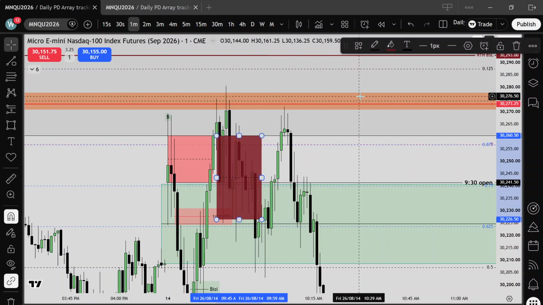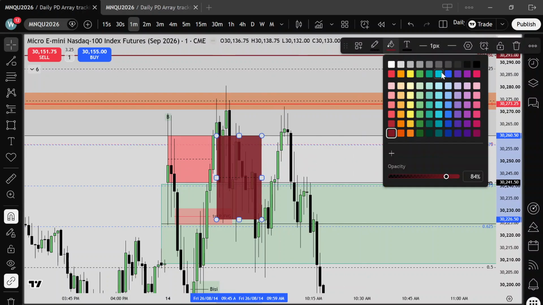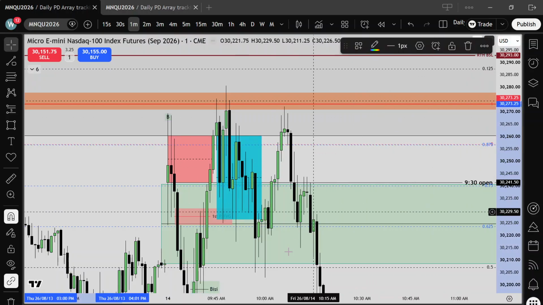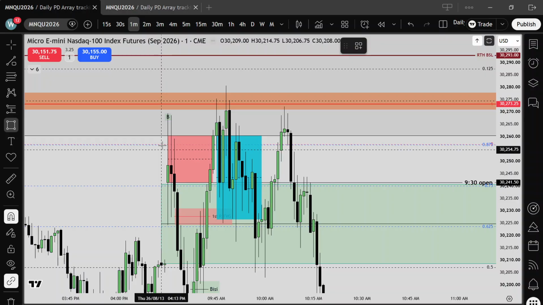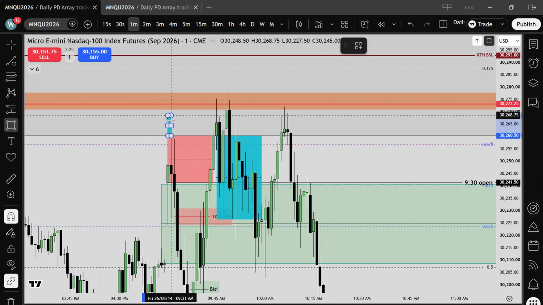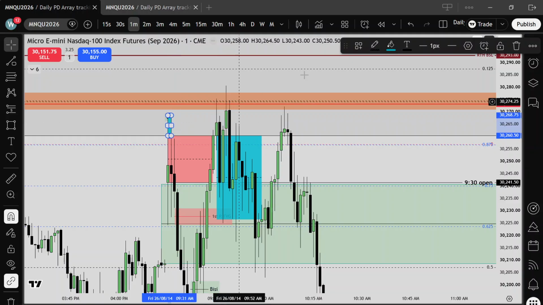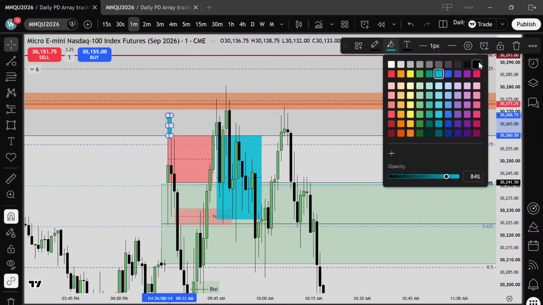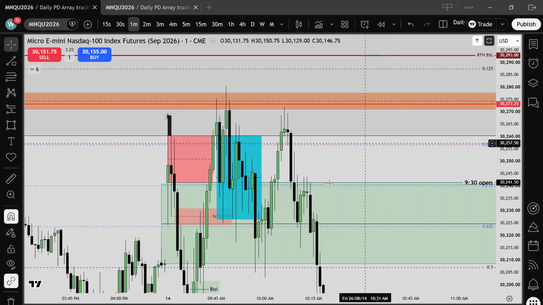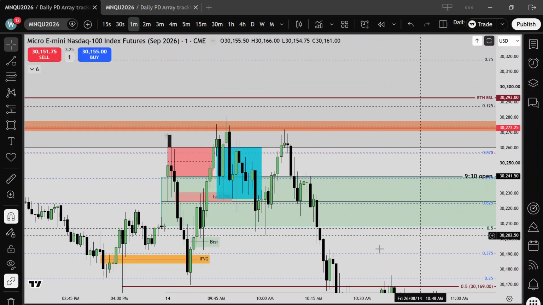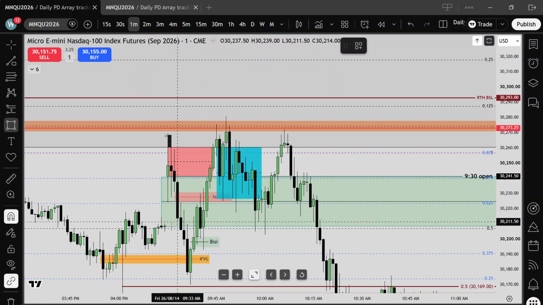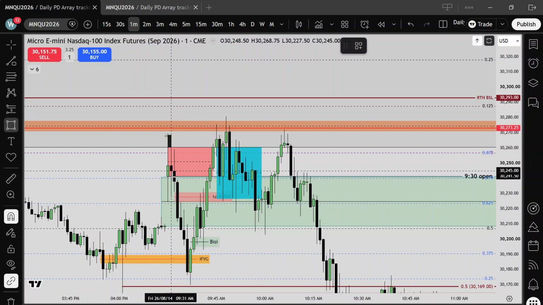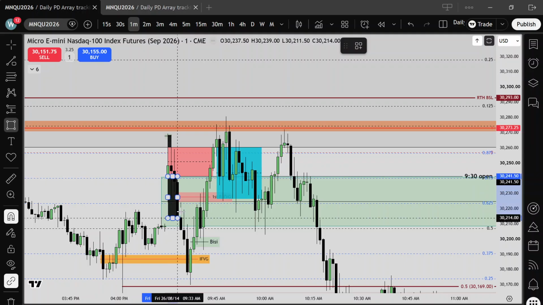I'm going to make it this color. So then we go from here to there. Let's do that. And then we go from here